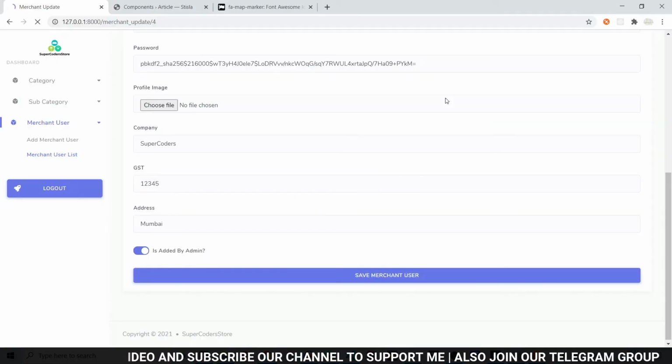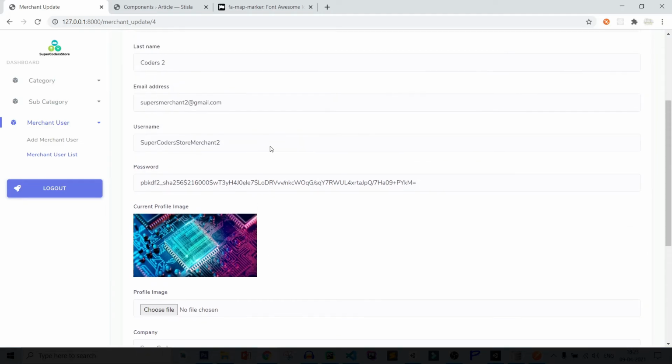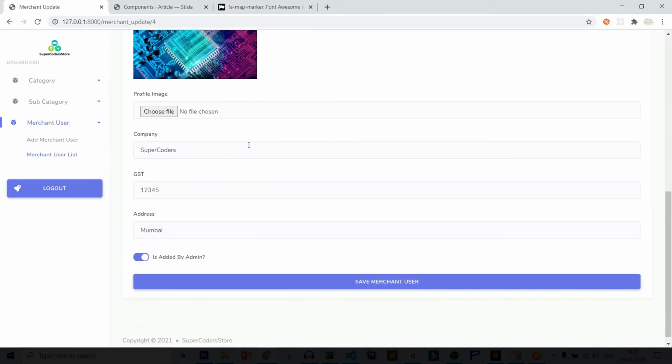Save it, refresh, and it is showing. Add a line break. Now it is looking perfect. You can see this data.